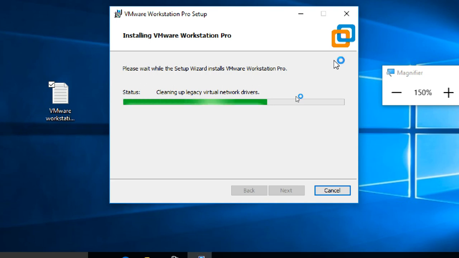It will blink like that because it is installing network drivers. Virtual network drivers are there, VMnet1, VMnet2 kind of stuff. So we can do it. It is installing VMnet1 and VMnet8. Two drivers mainly it will install, only two at first. Later we can add more virtual network drivers also.